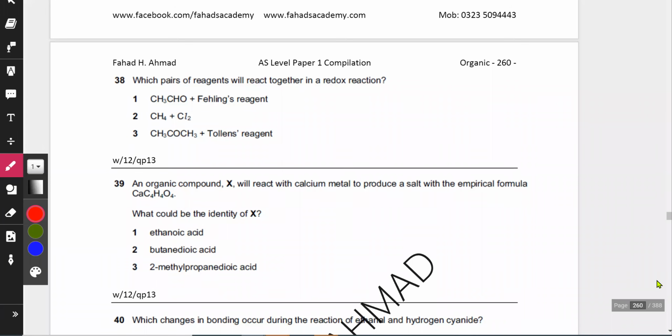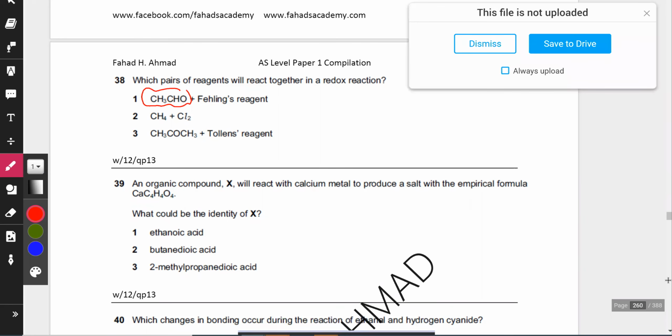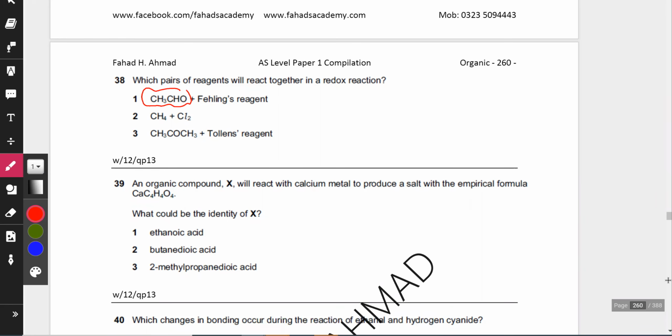Which pair of reagents will react together in a redox reaction? So remember, the first one is an aldehyde. And aldehydes do get oxidized. You have primary alcohols, which turn into aldehydes, and which then further get oxidized to carboxylic acids. So you get RCOOH over here. So aldehydes do get oxidized with Fehling's reagent, and you're going to get a red precipitate with